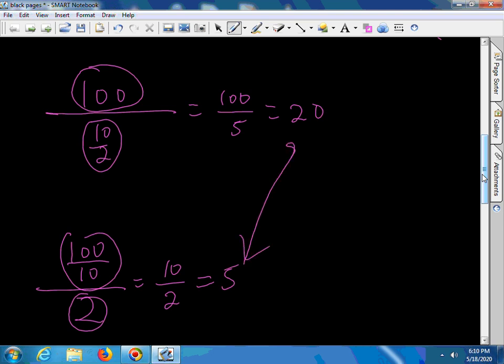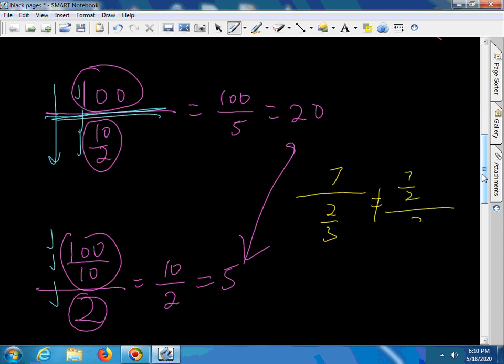We did not get the same answer. However, going from top to bottom, we have 100, 10, 2. 100, 10, 2. But we get different answers because of the main division line. So you need to understand that if you have 7 divided by 2/3, this is not 7/2 divided by 3. Okay, that is not true. This finishes the